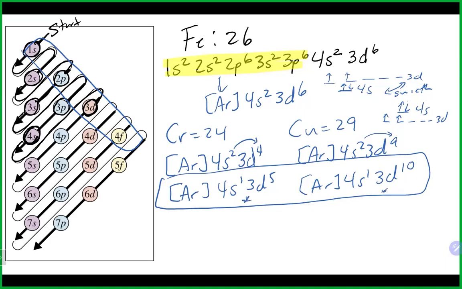Look on the periodic table where chromium and copper are, and as you go down from those elements, there's a ton of exceptions in those areas. For example, Pd, which is to the left of silver, actually has no electrons in the s. They've all gone up to the d, and stuff like that. But for our purposes here, you're only responsible to know chromium and copper's exceptions. Everybody else, you can just follow the little zigzag and write it like normal. First off, any questions on that? Okay, now,